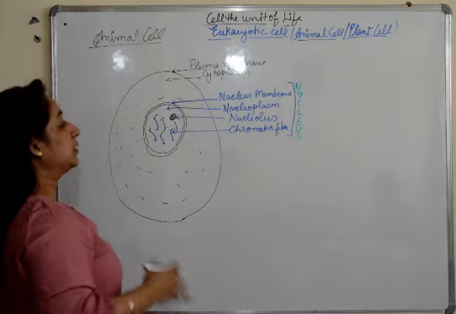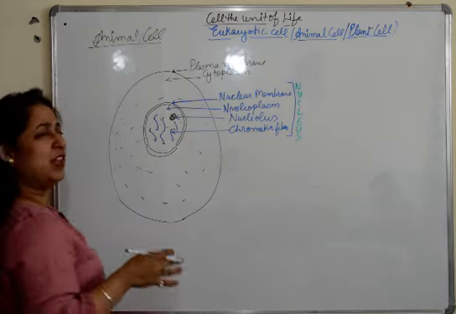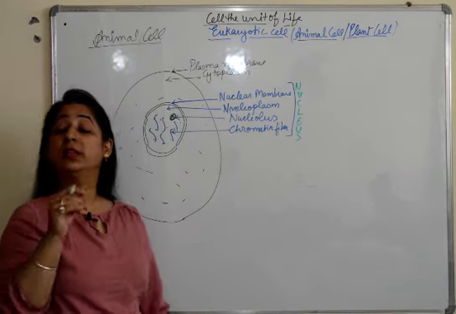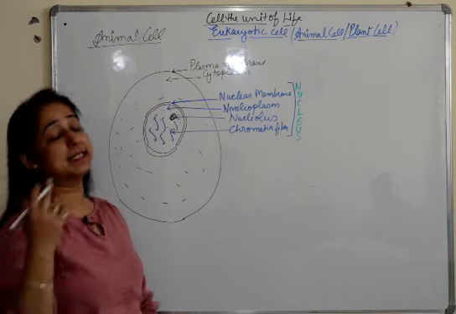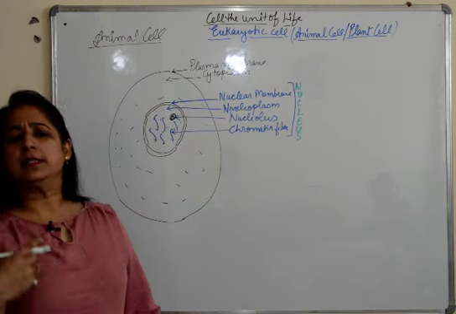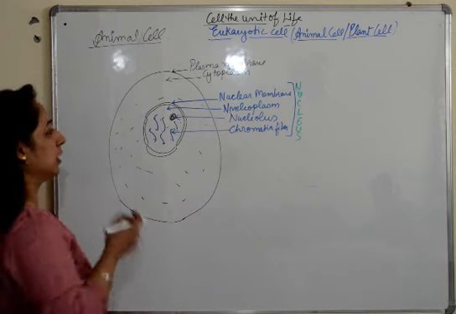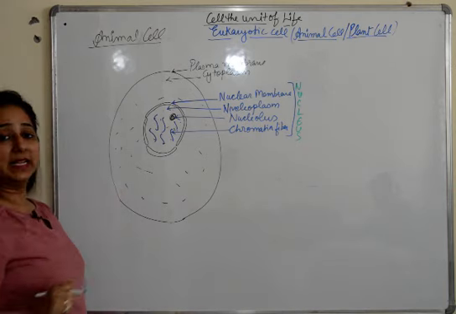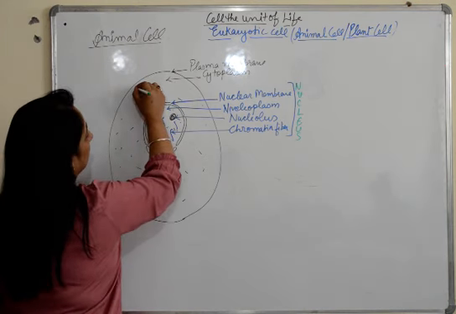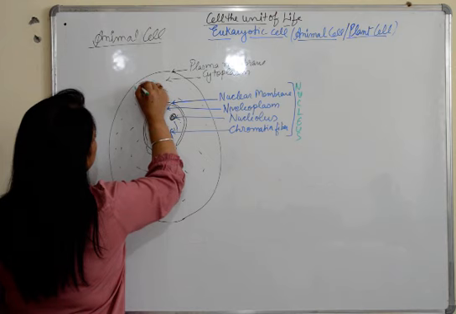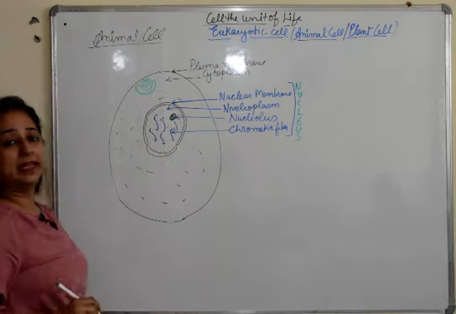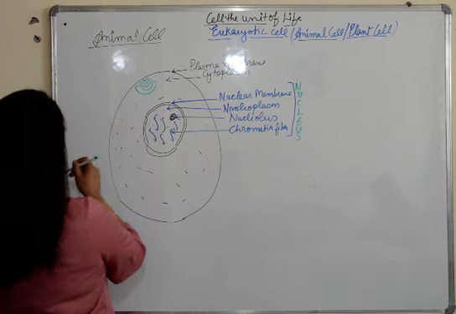Fine. उसके अलावा what do we have? We have multiple cell organelles present in it. The living components of the cell are known as cell organelles, and the non-living are known as cell inclusions. That means the minerals and salts which are dissolved in it are the inclusions. So when we start making the cell organelles, we start with the first one, that is cisternae and tubules. We'll be discussing all these cell organelles separately one by one also as per your book.